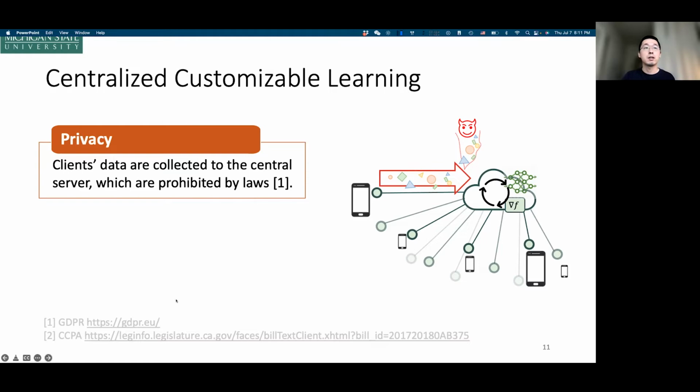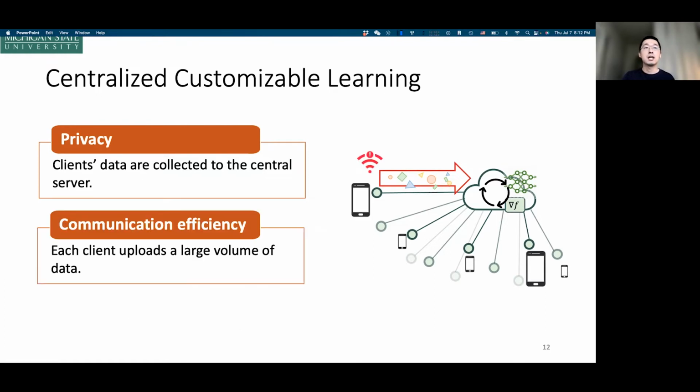Meanwhile, this strategy is prohibited by many countries' laws. For example, in Europe, data collection to a server for a different purpose is not allowed, unless it's authorized by the user, but usually it's not. So privacy is a big concern in practice. You cannot simply collect all the data into a server.